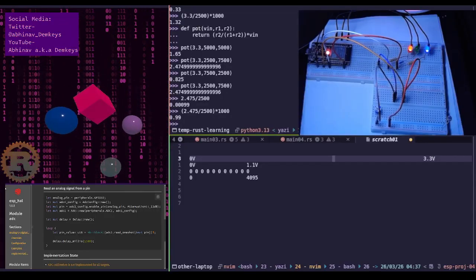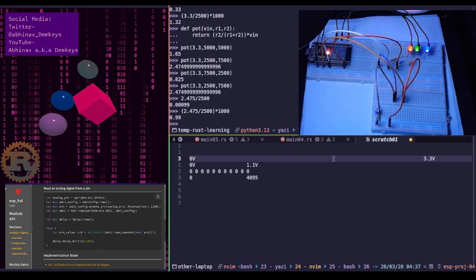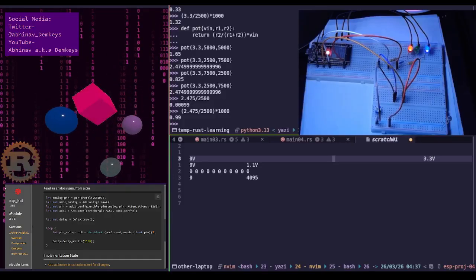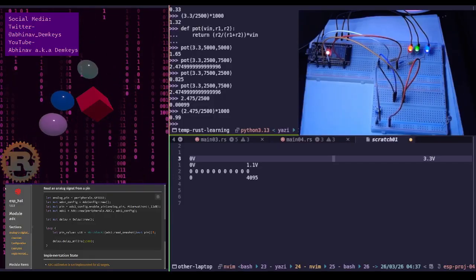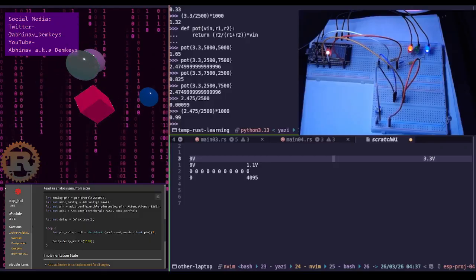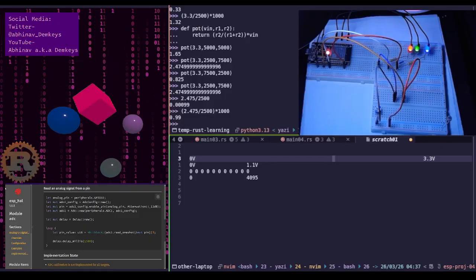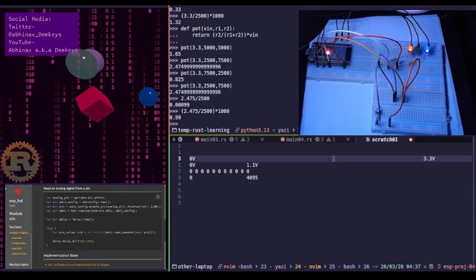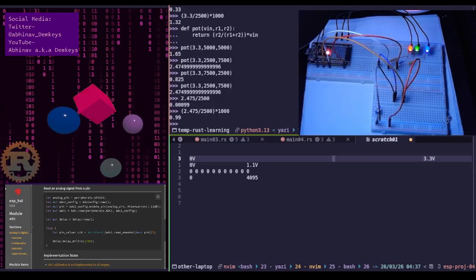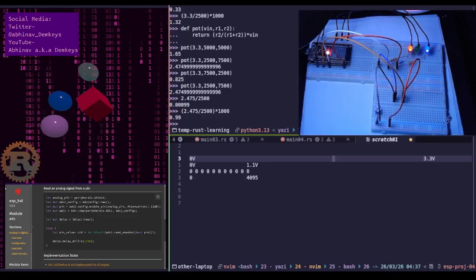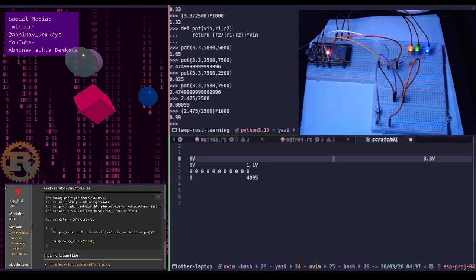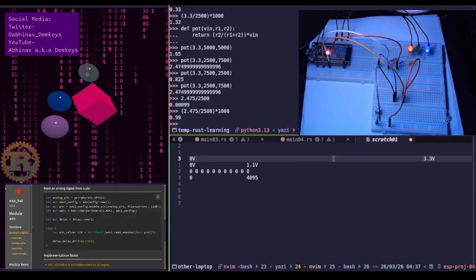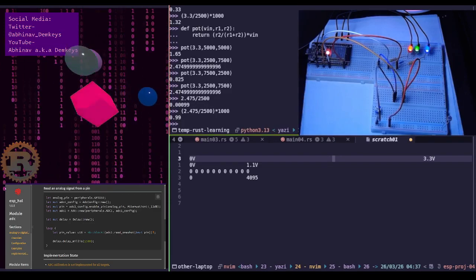Okay, why specifically 11 dB? The term 11 dB refers to the logarithmic. I was actually curious about this as well. Why 11 dB? It refers to the logarithmic reduction of the signal power. In terms of voltage, 11 dB provides a reduction factor of roughly 3.55x. So 3.9 volts divided by 3.55 is around 1.1 volt. By setting it to 11 dB, you are telling the ESP32 to squeeze